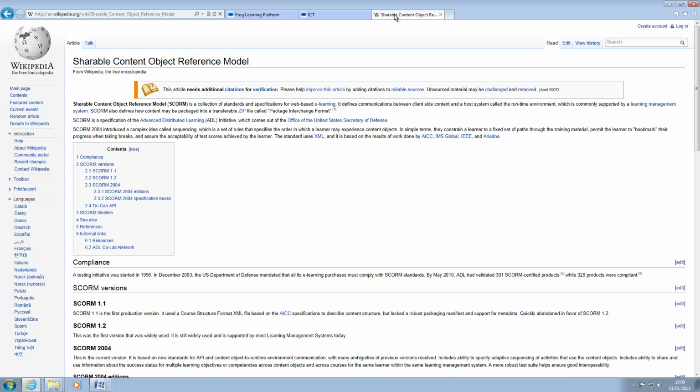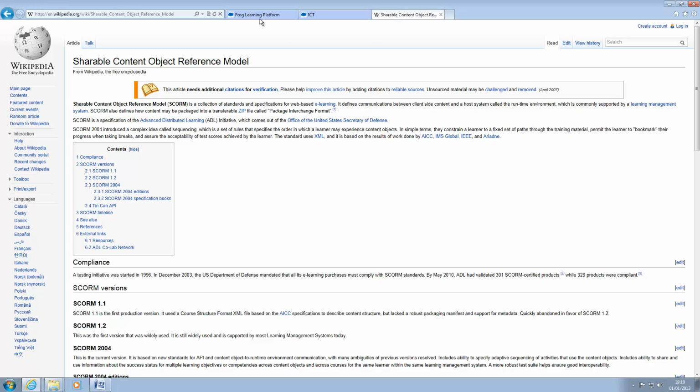So with the last evidence type being the SCORM evidence type, we're going to push on and have a look at how this can help us with allocating assignments to our students. SCORM stands for Shareable Content Object Reference Model. It was developed by the Department of Defense in the USA, and it's basically a set of standards and specifications for web-based e-learning. We don't need to know the ins and outs of it. All you need to know is that it's